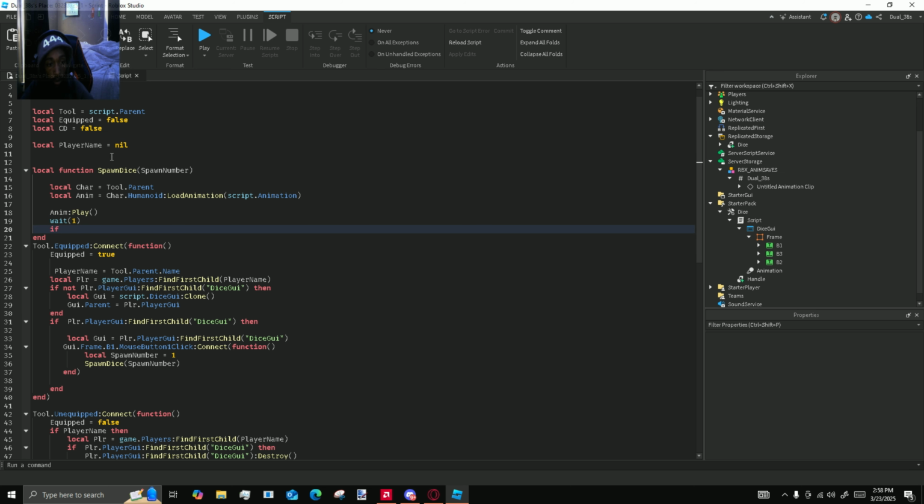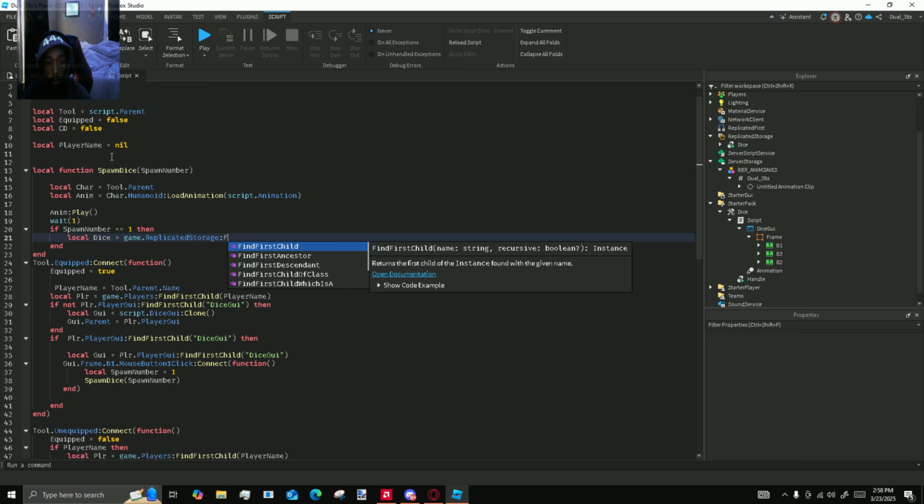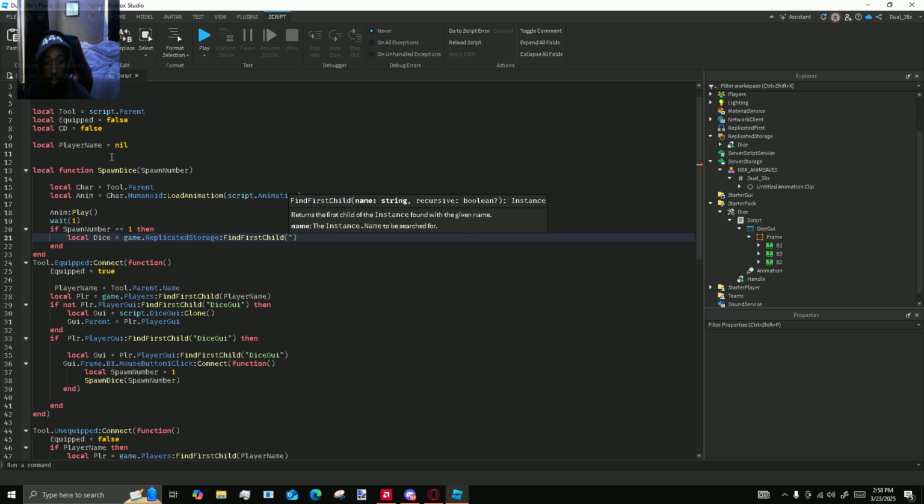We can do if spawnNumber is equal to 1. So if it's just spawning 1 dice, what we'll do is local dice equals game.ReplicatedStorage:FindFirstChild("Dice"),